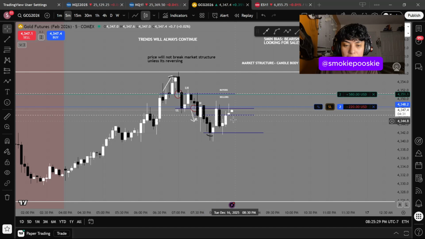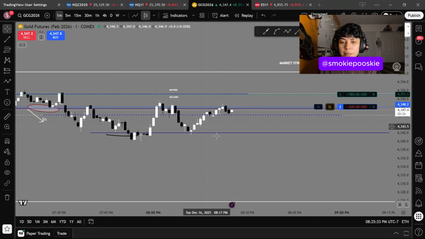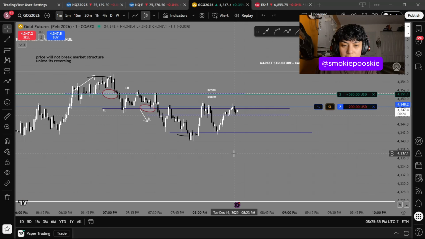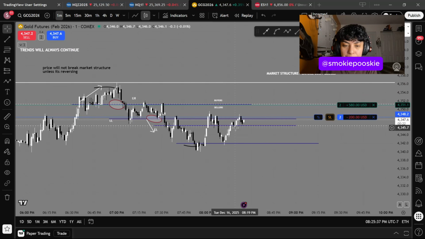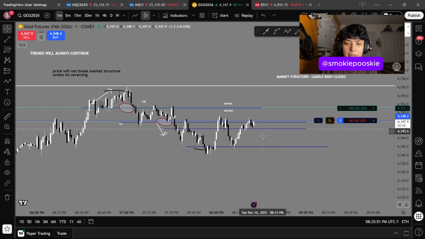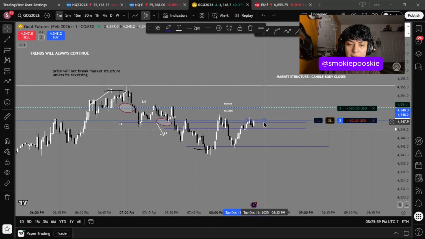There's no reason why I wouldn't have entered anyway, because my 5 minute levels are my targets for my 1 minute, right? So let's see what the 1 minute is doing. Right here, this is the lowest low, the most recent low that we made. So below it, we know that we have potential to just sell. And we don't want to be in that if we're going to be buying. We don't want price to be all the way down there. So we honestly want price on the 1 minute time frame to be breaking this tiny little microscopic little high,